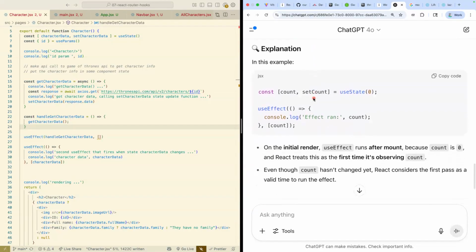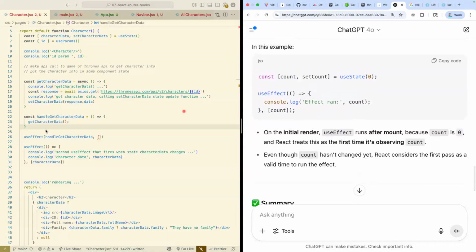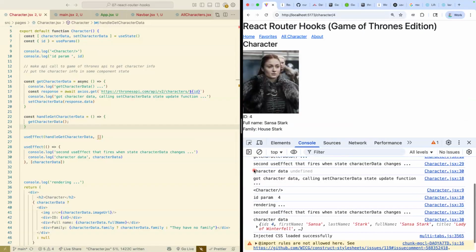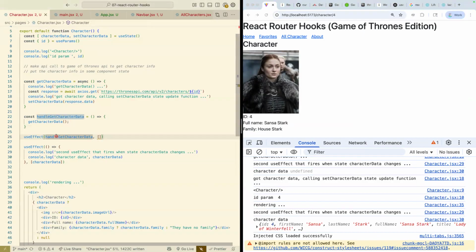And their example here is very similar to our scenario. So this useEffect is firing twice by design: once on mount and once when character data changes. Yeah, exactly. Which again, I'm not gonna lie, it's a little weird, right? I find it a little weird that the useEffect runs after the change, but I'm not sure that we get a strong guarantee necessarily about that